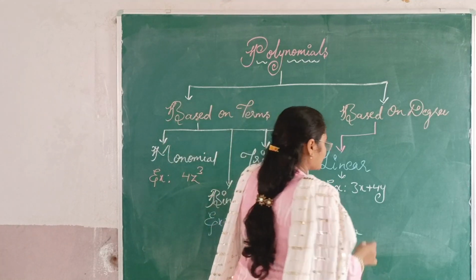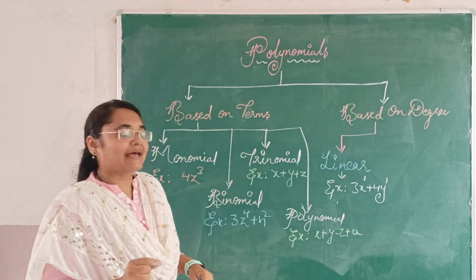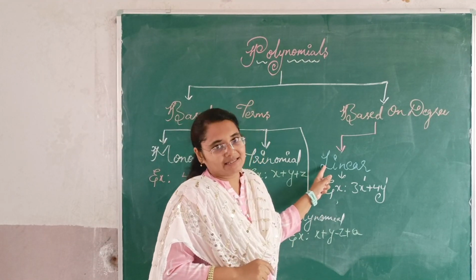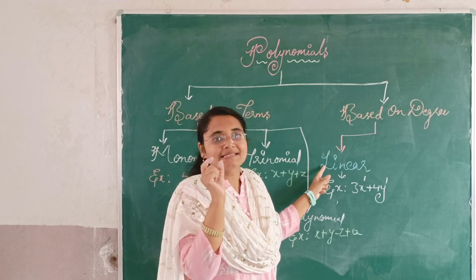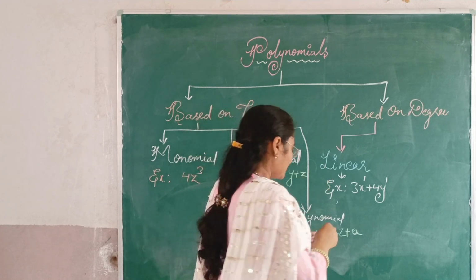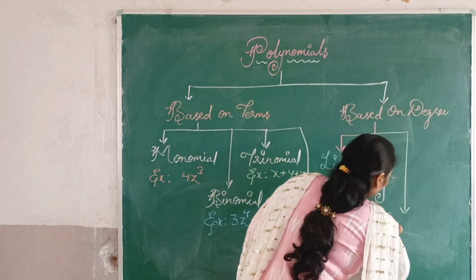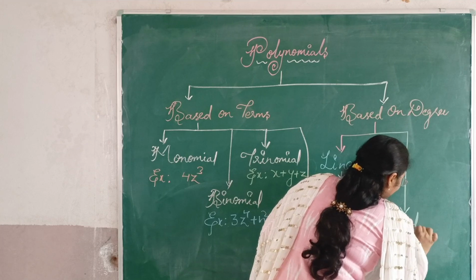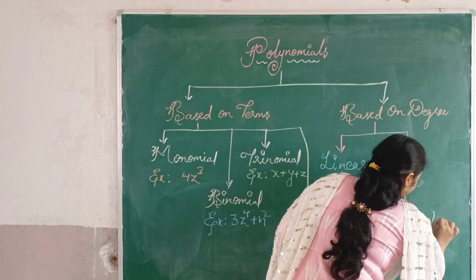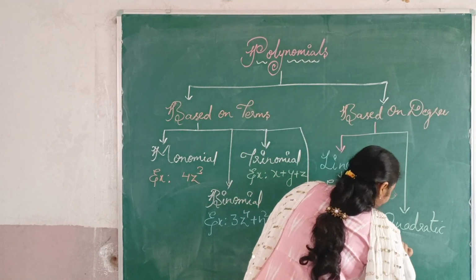Whenever you are checking the variables, the variable power you should check. If it is 1, then blindly go for the linear equation. Linear in the sense single power will be 1. Next, coming to the point, when the power is 2, we'll call it a quadratic equation. Quadratic equation. Example,